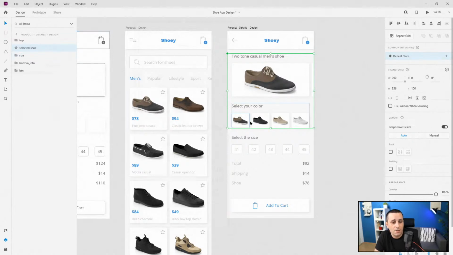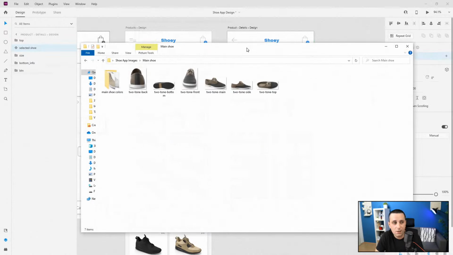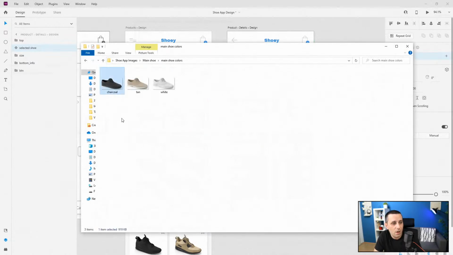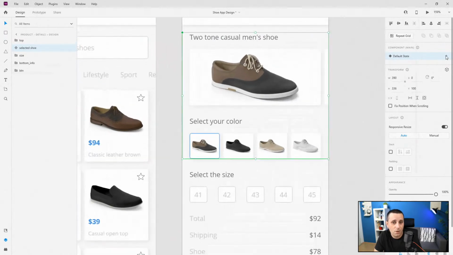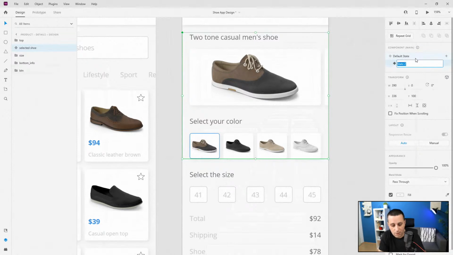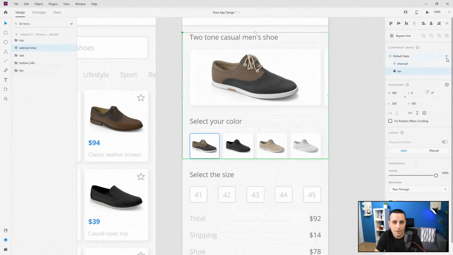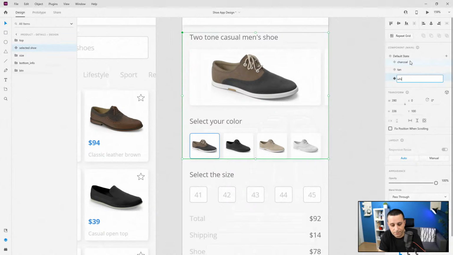to do is create a state for each of these. So we're going to have 3 different states. So if we pull my images back like so, and if I jump inside, we have charcoal, we have tan, and we have white. So basically I'm going to create these 3 states for these 3 shoes. So we have default state, which is our default shoe obviously, and we have to create those states. So let me click that, charcoal,